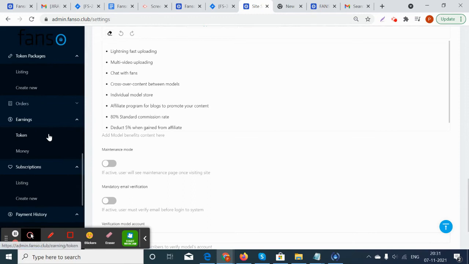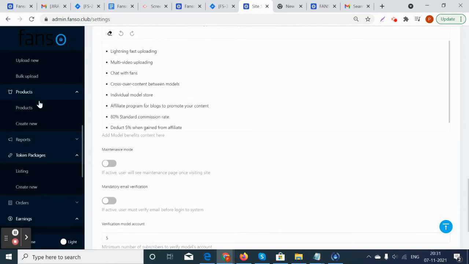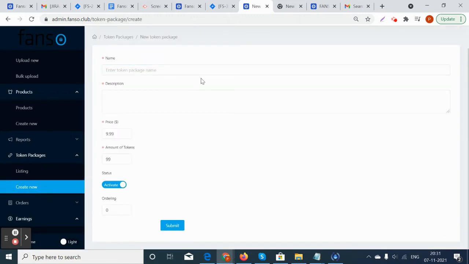Let's see how the admin or the site owner gets to create token packages from the backend. There is an option that says token packages, and clicking on create new, they can enter the name of the token package, say premium package or a basic package, and it depends upon the site owner to choose the naming convention, and the description of the package. He can determine the price of that particular token package in dollars in amount, and the equal amount of tokens for this particular price can also be given by the site owner.